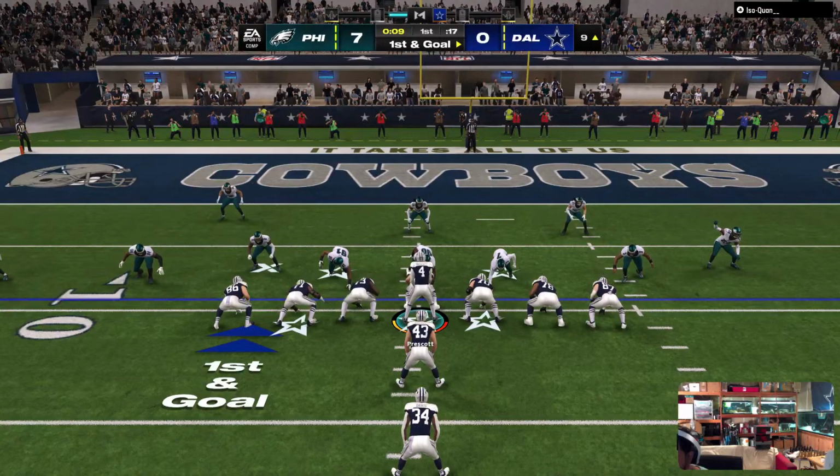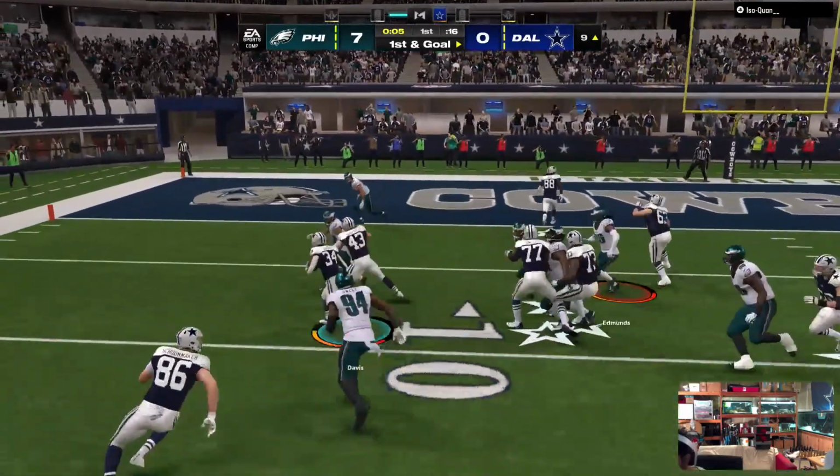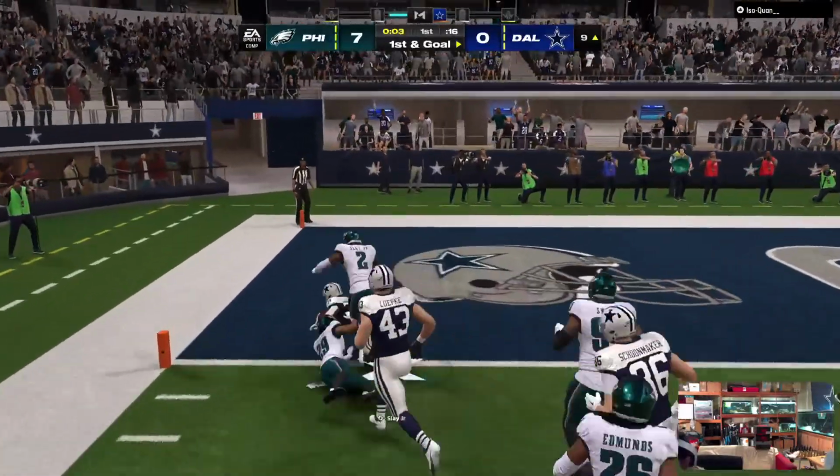Yeah, this is the time to just go ahead and hit it straight ahead. No juking, right? No movement in the backfield. Take the gun and